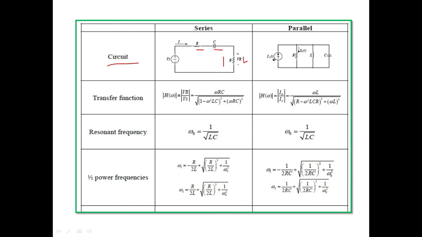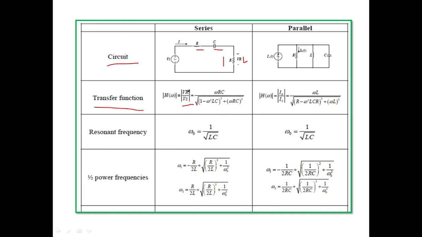Here is the current source. Basically here you use the current source, across it the resistance R, L and C connected in parallel. Then the second parameter is the transfer function. In case of the series circuit, H of omega is equal to omega RC upon the square root of (1 minus omega square LC) squared plus (omega RC) squared. And in case of the parallel resonance, just we have changed here omega L. Therefore H of omega is equal to